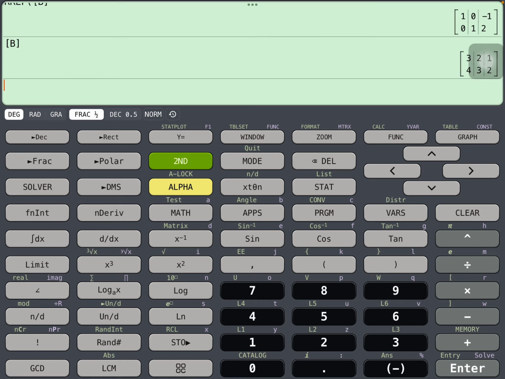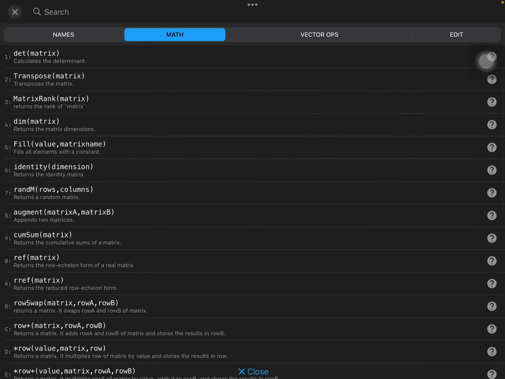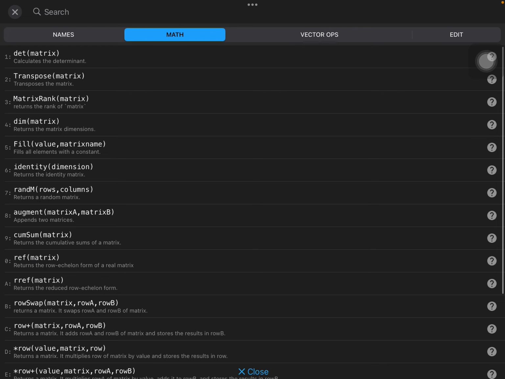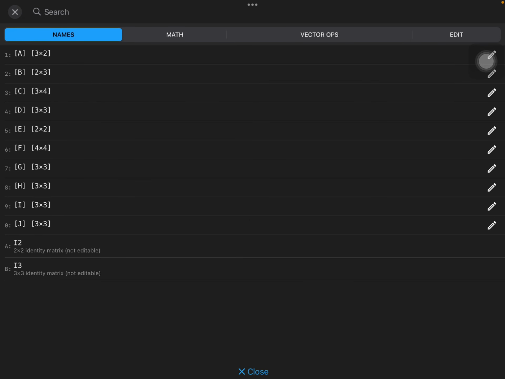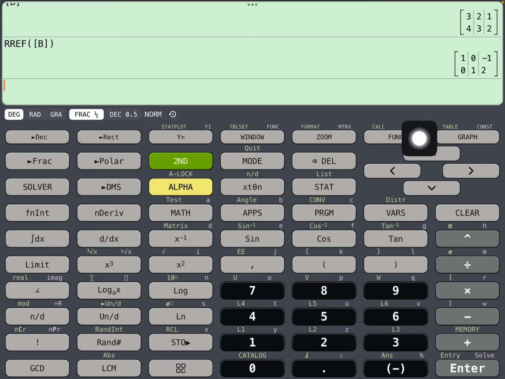So I'm going to quit and then go back to matrix, go to math, and down here at number 0, which is number 10, letter A, row reduced echelon form. Letter A, let's try that one. Row reduced echelon form, and then back to matrix. I'm going to have to go back over to the names, and this one was B. I'm just going to close out my parentheses just in case. And there we are at 1, 0, negative 1, 0, 1, negative 2, same as